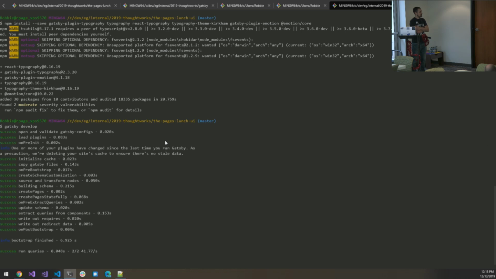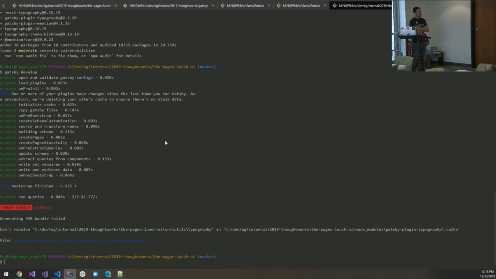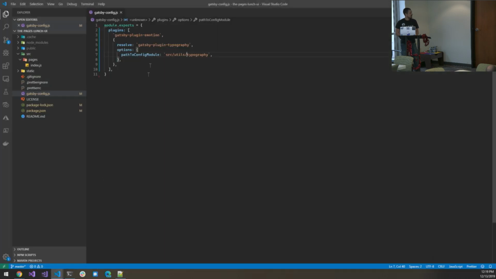When you make changes to that config file, you have to stop and restart it because it's kind of like built into the backend. But if you're editing React components and the pages and things like that, it'll hot reload. And so we'll get there in a minute. This says that generating the SSR bundle failed. It can't resolve the typography file. And actually, it's in this cache thing off to the right. And I hit that yesterday and thought, what in the world? It's because in my config file, I said there's a config module in this source utils typography thing, but it ain't there. So I'll go here and I'll create a utils folder and a